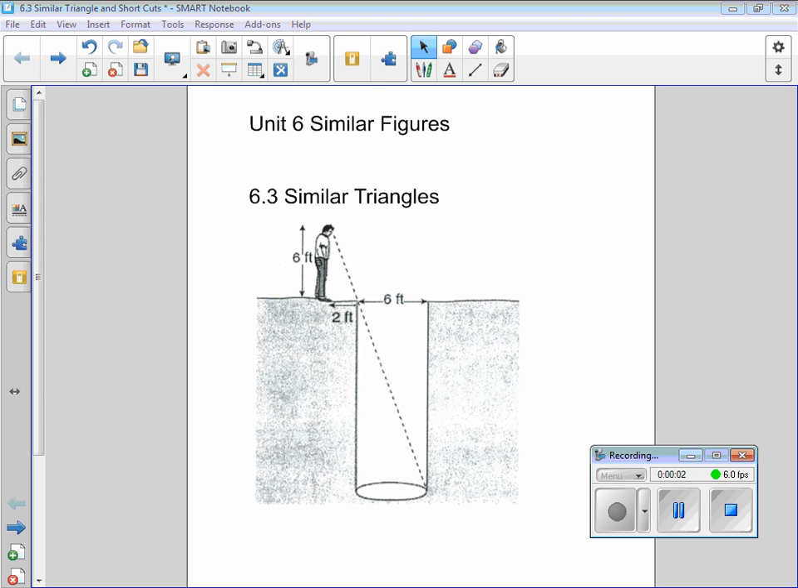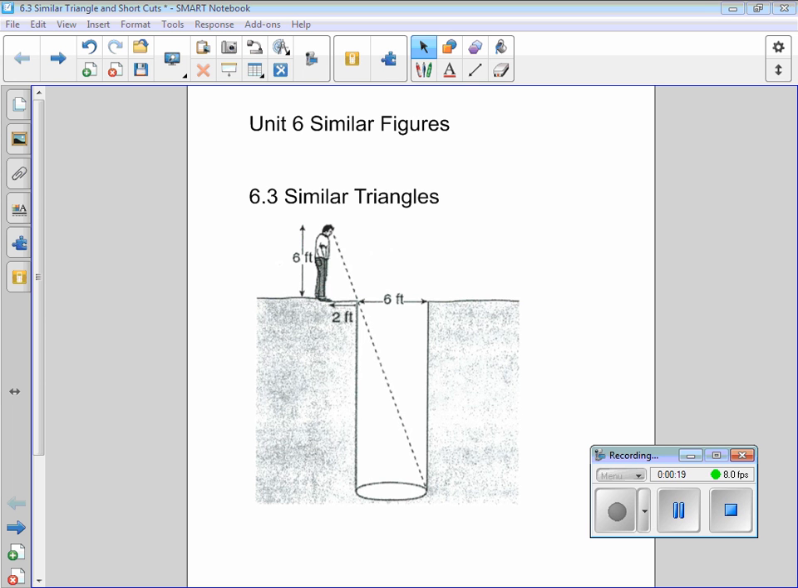Hey everybody, this is Mr. Munson, and we're looking at, again, Unit 6, which is similar figures, and in 6.3 we're going to specifically look at triangles. And just like when we were back in congruent chapter, we had a brute force method to show